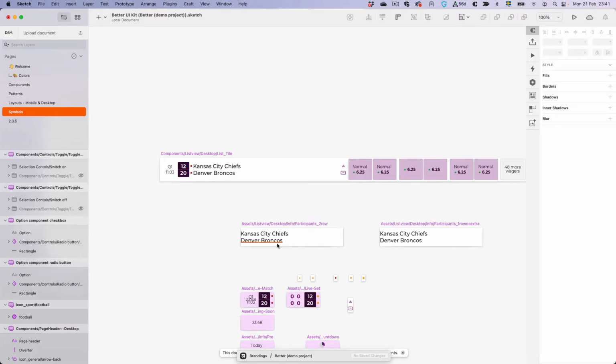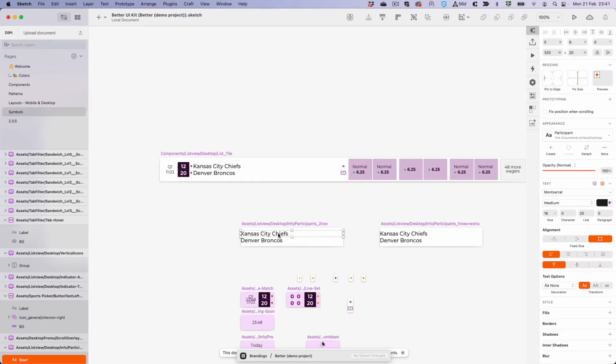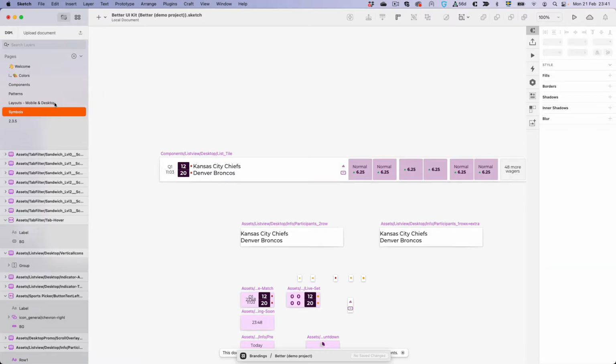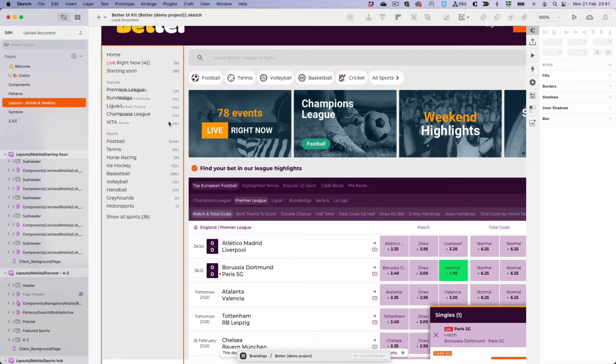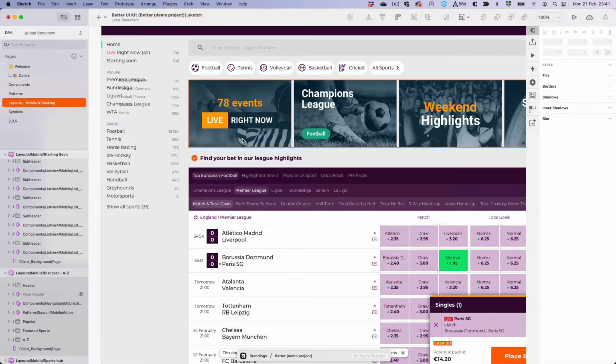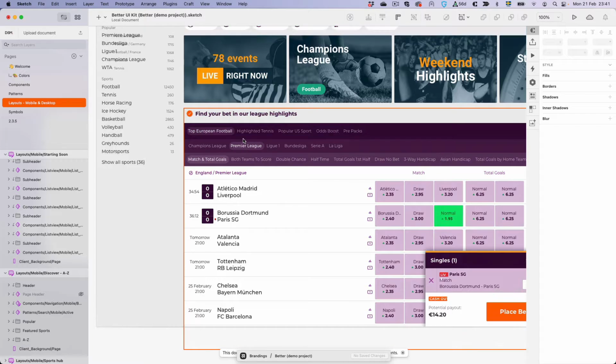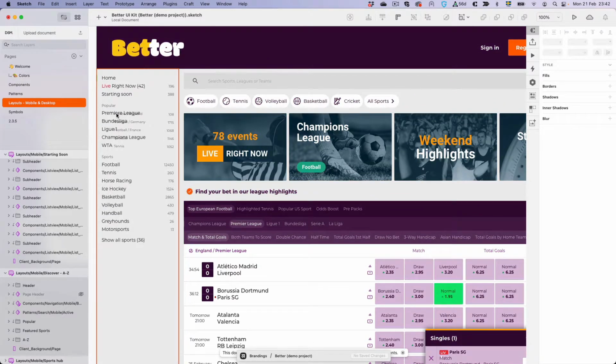Takes a few seconds. Now I need to double check if the layer styles are updated, and they are. And that usually works best from the symbols page. So now you see we did create some problem, and that's because